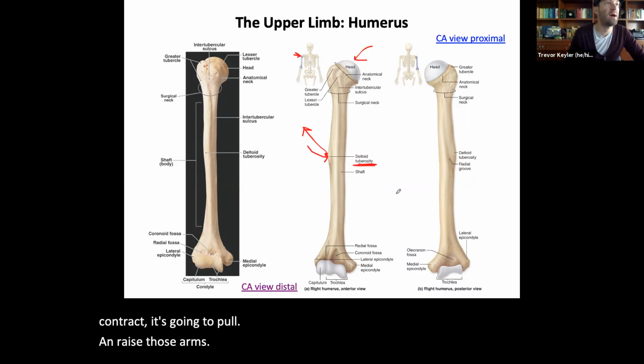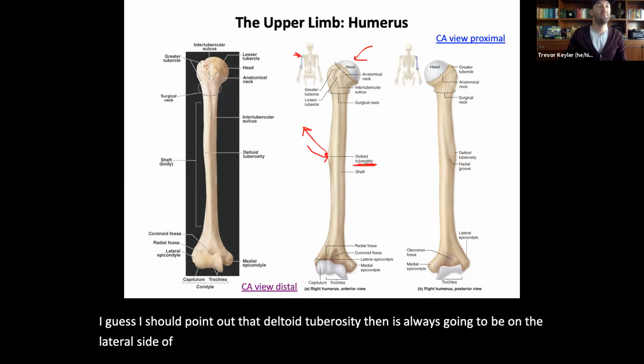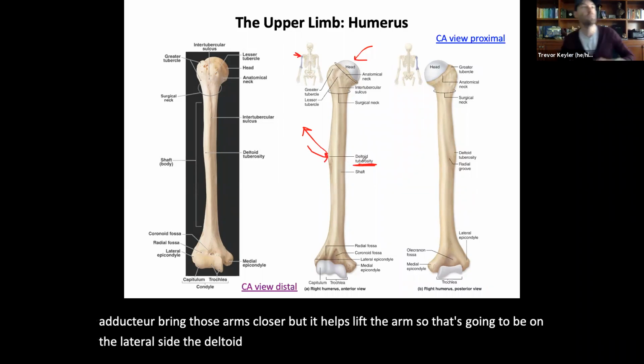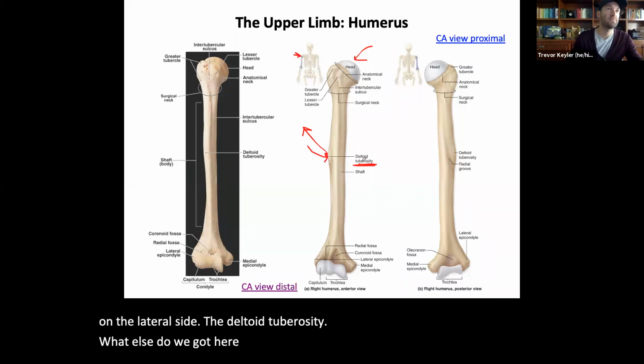I should point out that the deltoid tuberosity is always going to be on the lateral side of that bone. It wouldn't be medial, because that would help adduct or bring those arms closer, but it helps lift the arms. So that's going to be on the lateral side, the deltoid tuberosity. What else do we have here? To help you orient anterior versus posterior,